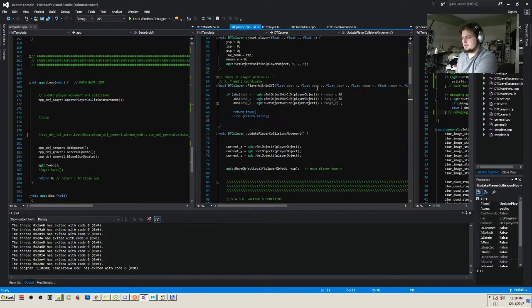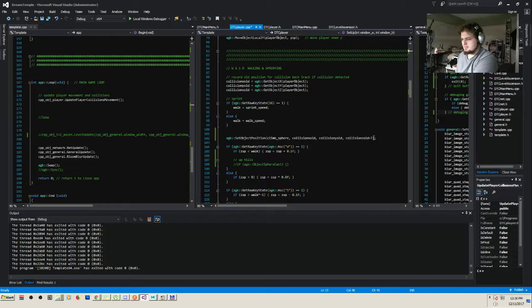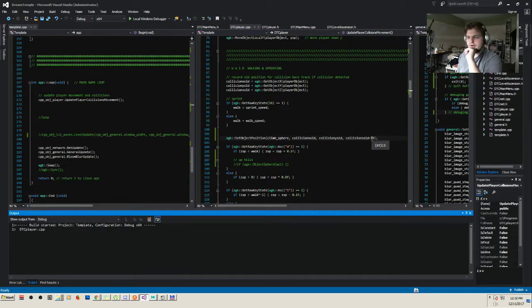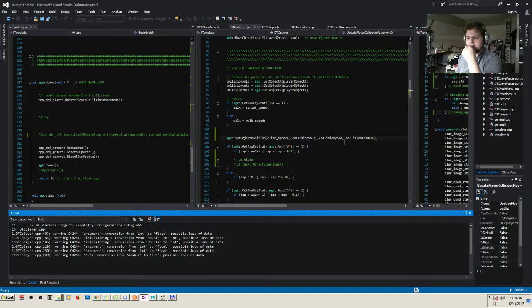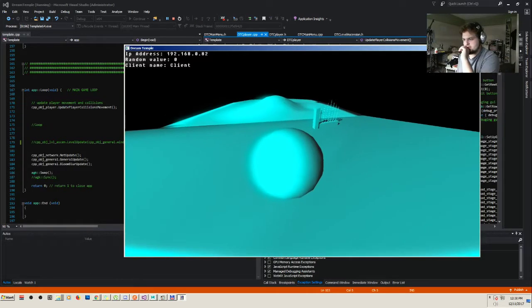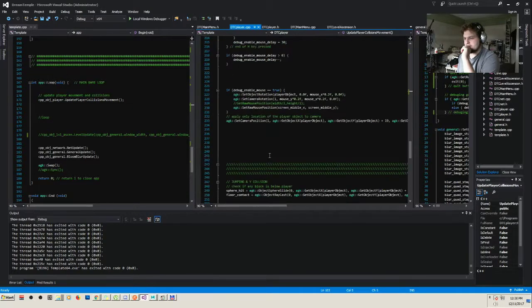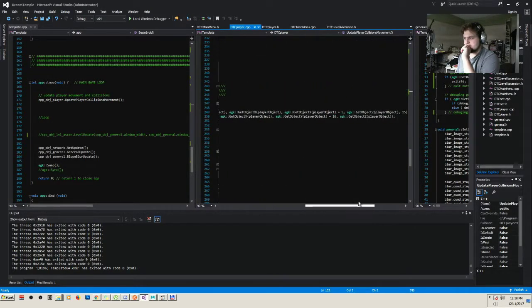So what, 10? I think it's got to be outside of the radius that I'm checking for ground collisions, which is, I'll take a look in a second. Yep, still shitty. This thing, 15, so